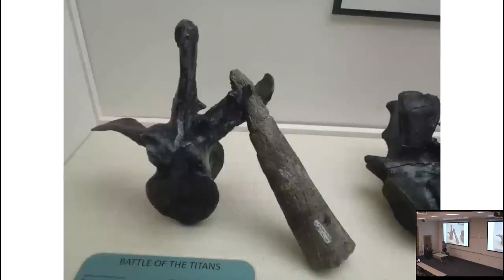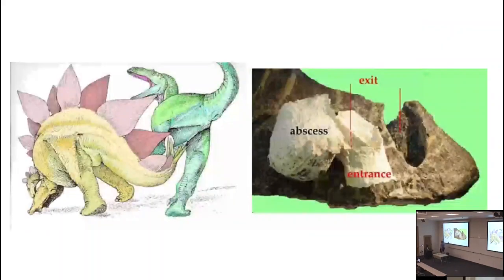We have evidence of the Thagomizer spikes contacting the bones of contemporary carnivores. So this is a caudal vertebra, a tail vertebra of Allosaurus, one of the primary predators of the late Jurassic of Western North America, with a damaged neural spine, a damaged transverse process that shows where a Thagomizer spike entered and pulled out. And there's even one where it's got a wound right up in its pubis. So the stegosaur thagomized its crotch. Now, it lived because that bone has healing evidence, like an abscess that was draining stuff, but it probably